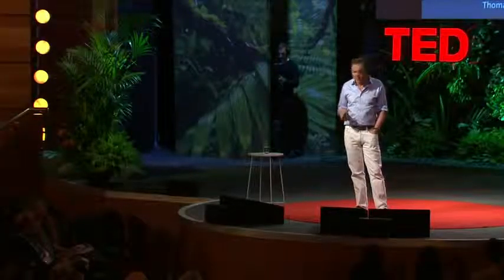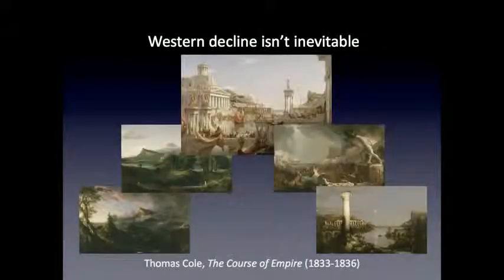I don't think the decline of Western civilization is inevitable, because I don't think history operates in this kind of life cycle model beautifully illustrated by Thomas Cole's Course of Empire paintings. That's not the way history works. That's not the way the West rose, and I don't think it's the way the West will fall. The West may collapse very suddenly. Complex civilizations do that because they operate most of the time on the edge of chaos. That's one of the most profound insights to come out of the historical study of complex institutions like civilizations.